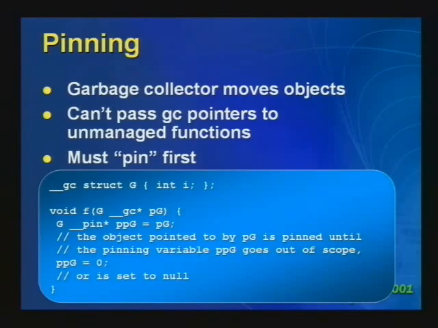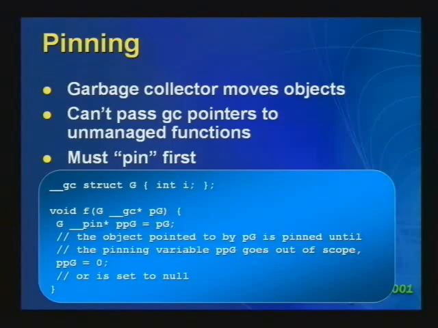But what I then want to do is call some unmanaged API function, which should be in the part where the comments are, to call some unmanaged API function that I can't recompile as managed code, where I can't change the pointer from an int pointer to an int GC pointer. So what I then need to do is create a pinning pointer, which is PPG. The first P stands for pinning, not for pointer to pointer. I create this pinning pointer, and then I can use this pinning pointer to pass to an unmanaged API, and